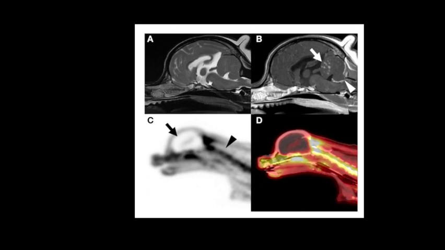In this comatose canine patient without spontaneous breathing, we suspected brain death due to the absence of brainstem reflexes including the pupillary light reflex, oculocephalic reflex, corneal reflex, facial muscle movement to noxious stimulus, and pharyngeal and tracheal reflex. The absence of brainstem reflexes is considered to be one of the diagnostic criteria for brain death in human patients. In addition, the absence of FDG uptake in intracranial structures, an indicator also used on the FDG PET scans of brain-dead human patients, was identified in this canine patient.